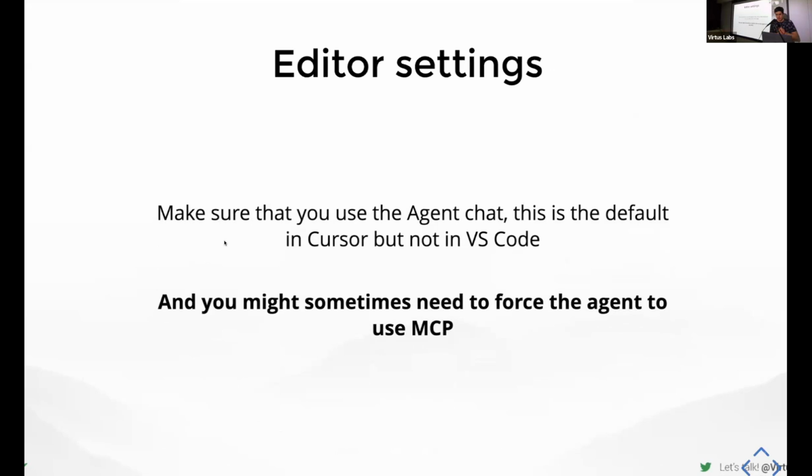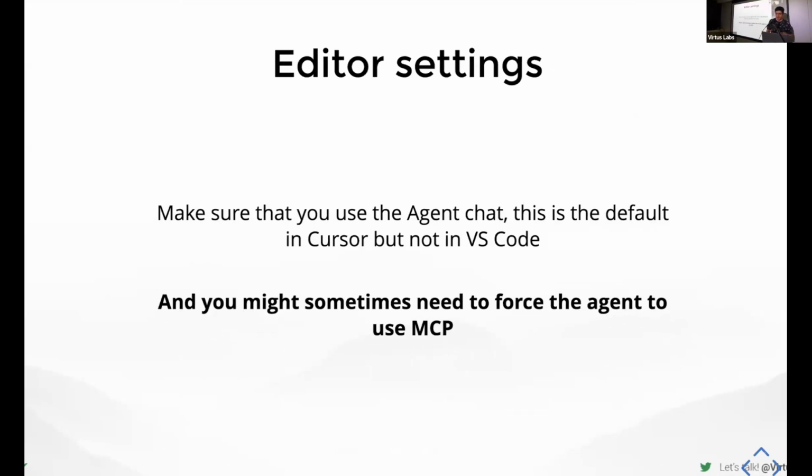Another thing that's important is that I think in VS Code, by default, it will use the Ask chat, and MCP works better, I think, with agent chat. It will do more things, try more things. So I think that's a better use case for MCP. And as I said previously, you sometimes might want to say, using MCP, do this, so that you kind of force it to use it.